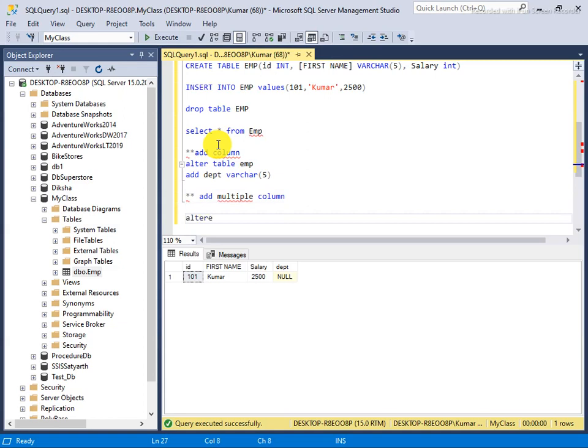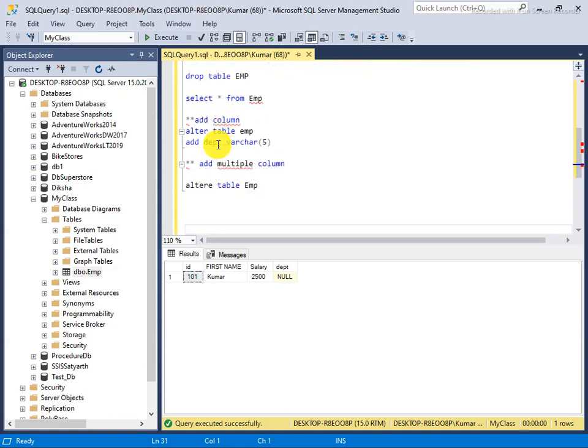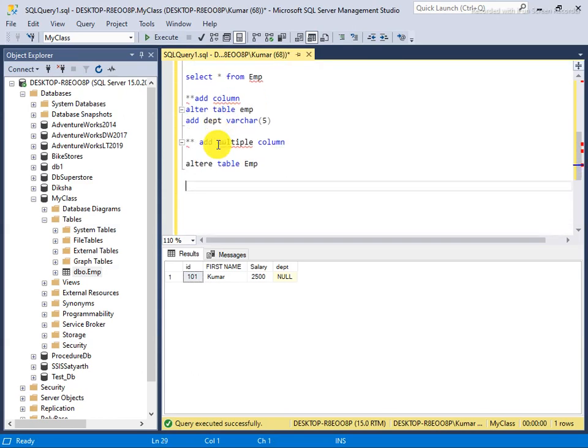Like alter table EMP, the name of the column you want to apply here, you need to write the add word only one time, and for the rest you can repeat the column name with the data type as much as you want. So I say here add city varchar 20,